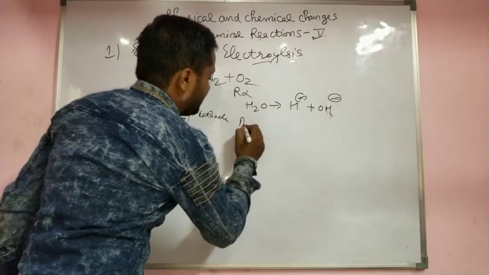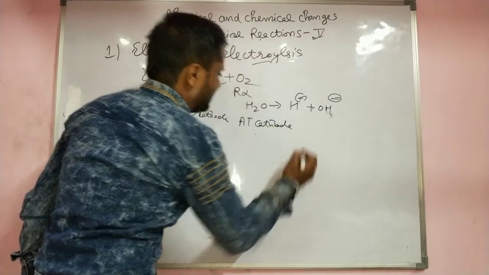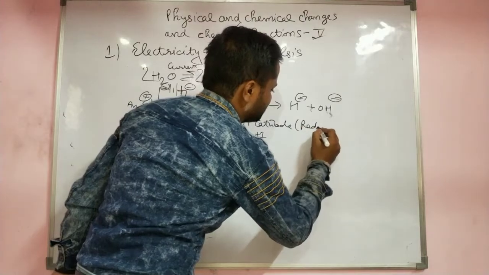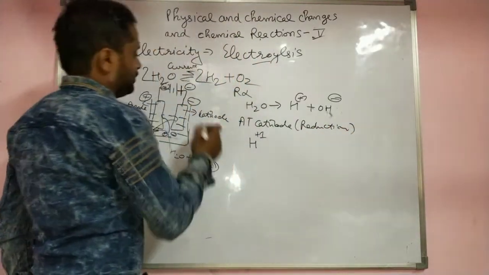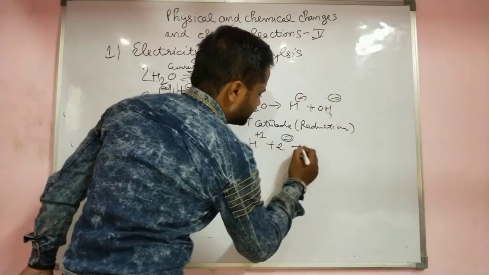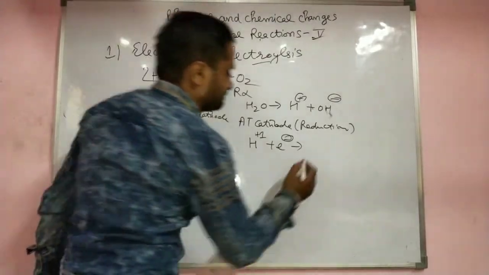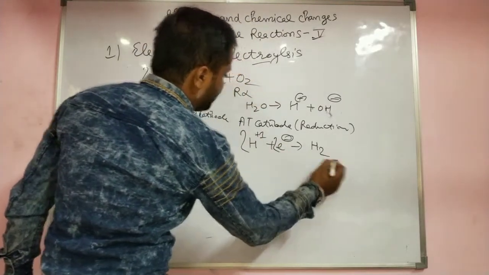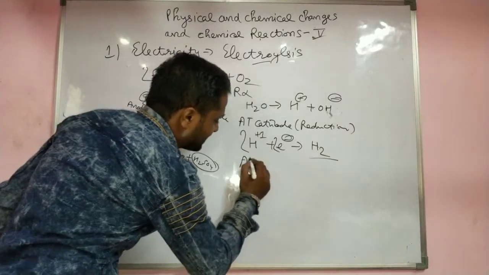First of all, we see the reaction at the cathode. What happened? At the cathode, H positive undergoes a reduction reaction. It takes an electron from the electrode, because it is connected with the negative, so electrons come there. It takes an electron, reduction, gain of electron. Reduction reaction is the gain of electron. If 2 hydrogen ions are there, with 2 electrons, it becomes H2 gas. And at the anode,